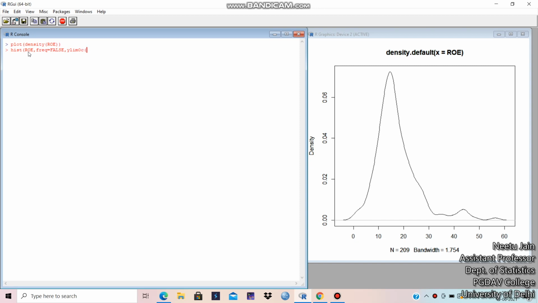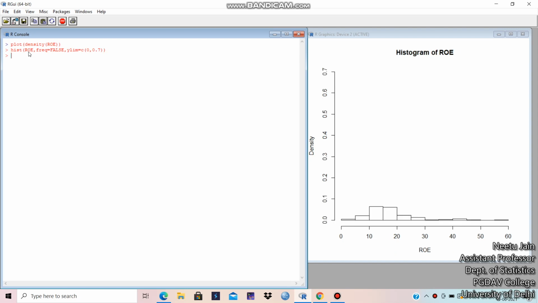We'll take it as a continuous vector. Suppose we take it as 0 to 0.7. You can take 0 to 1 also, or 0 to 2, 0 to 0.5, anything. It hardly makes any difference. This is just hit and trial. You can try many values. See, this is the histogram of the ROE variable.